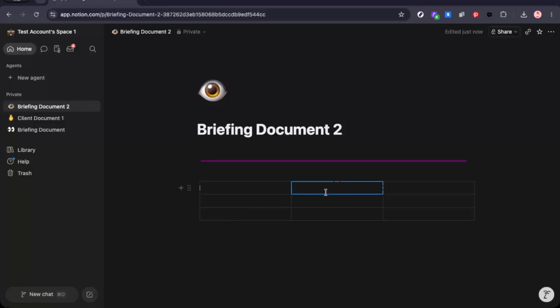This is a simple but powerful feature that can help you organize projects, notes, lists, and reference material much more effectively inside Notion. Now you know how to make a table in Notion. Once you've added one, you can continue customizing it directly on the page to fit the kind of information you